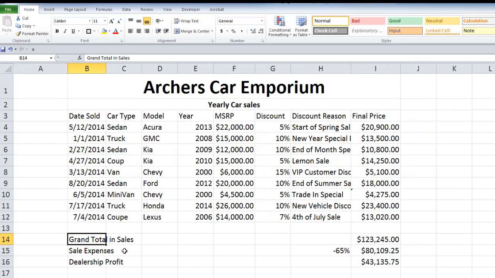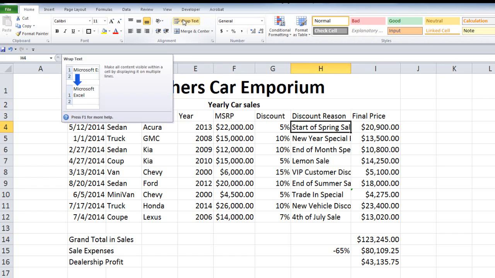I'm actually going to do something different with those bits of data. For column H, what I'm going to do is I'm going to actually wrap the text. I don't want the column to expand in width. What I want is I want the text to wrap, which is actually going to increase the height of the row. So if we click on wrap text,